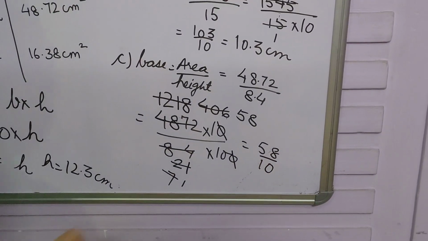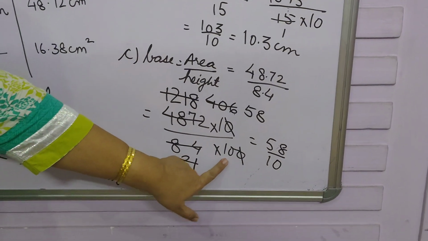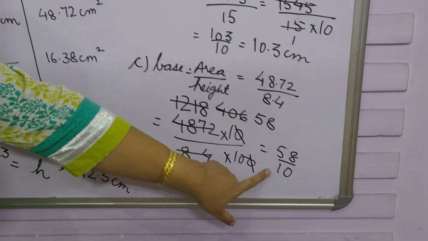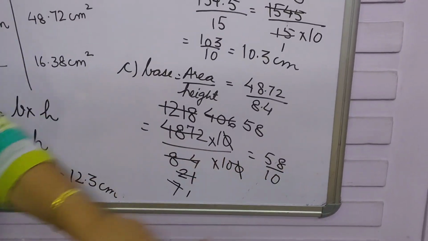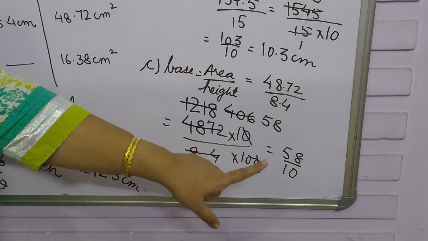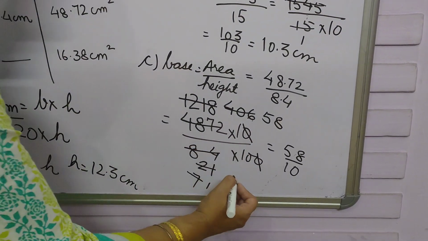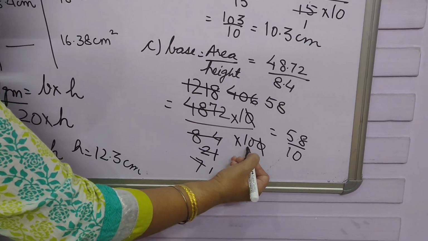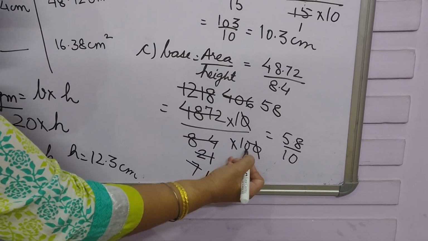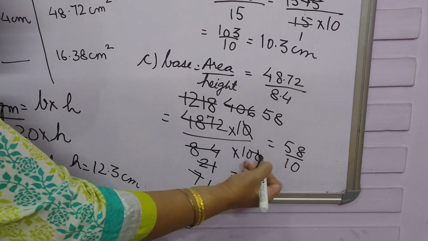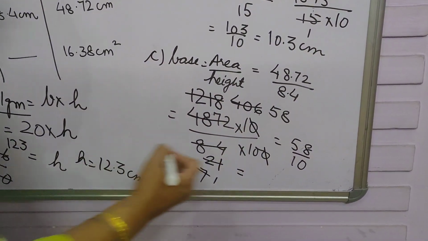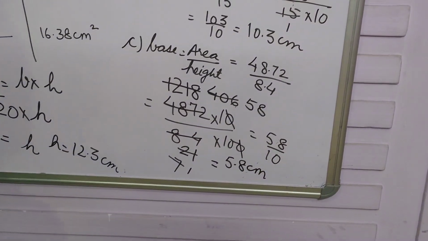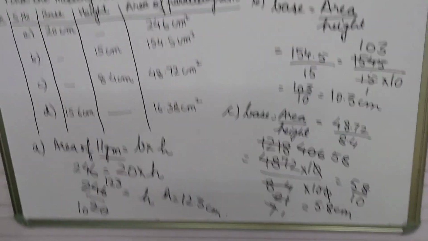I am not dividing it further. Why? Because with 10 I can directly put the decimal. If you will divide, you will get 5 in the denominator, and again you will have to divide the given number by 5 so as to get the answer in decimal. So if I am having 10 in the denominator, then preferably you should not divide so that directly you can put the decimal. So count one digit from the back. So it is 5.8 centimeter.